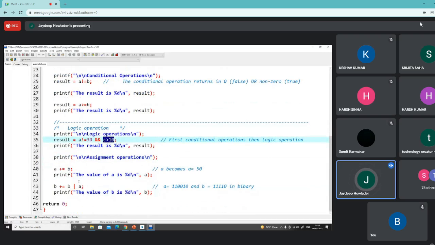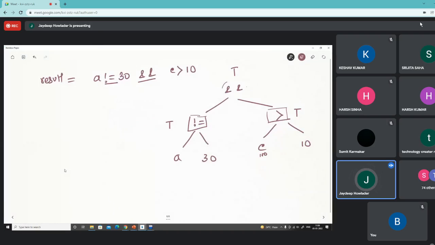Assignment operation means the right hand side will be evaluated, and then the value of the right hand side will be assigned to the left hand side. There are different types of assignment operations. The simplest assignment operation is this one. I evaluate the right hand side, the value becomes true, meaning 1, and now I assign this to the result.